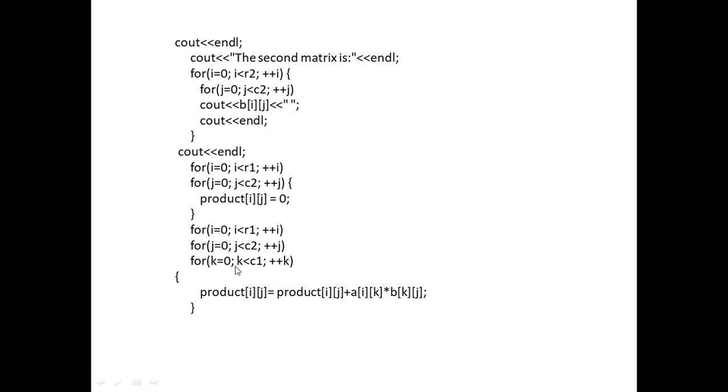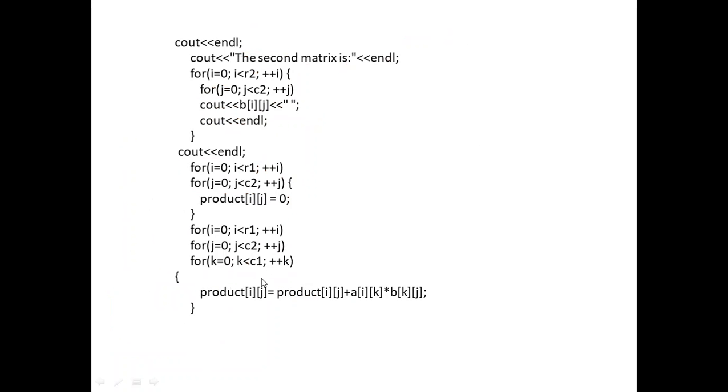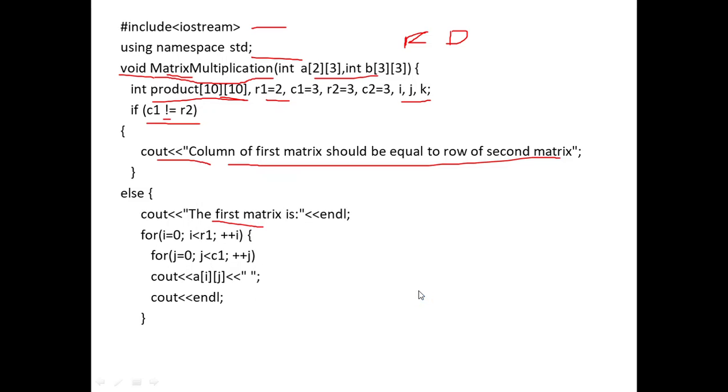Now the k loop runs either k less than c1, or equivalently k less than r2. Now k plus plus. So this is a step: product ij equal to product ij plus a ik into b kj. So first the k value will be 0, right? The k value will be 0, i value will be 0, j value will be 0. That means the first element is taken: product of 0, 0 equals product 0, 0 plus a of 0, 0 into b of 0, 0, since k is also 0. That means product ij is initialized as 0, so 0 plus the product of the first two elements,